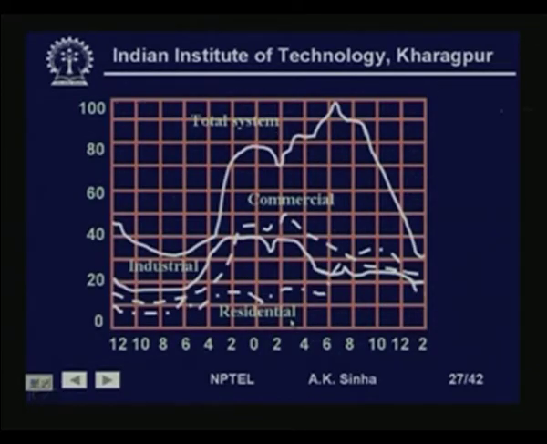Now, as we see from this diagram, which is a typical system load profile, what we are seeing here is that the system load is never constant. It keeps on changing at different times. We have a very low loading at early morning time, maybe around